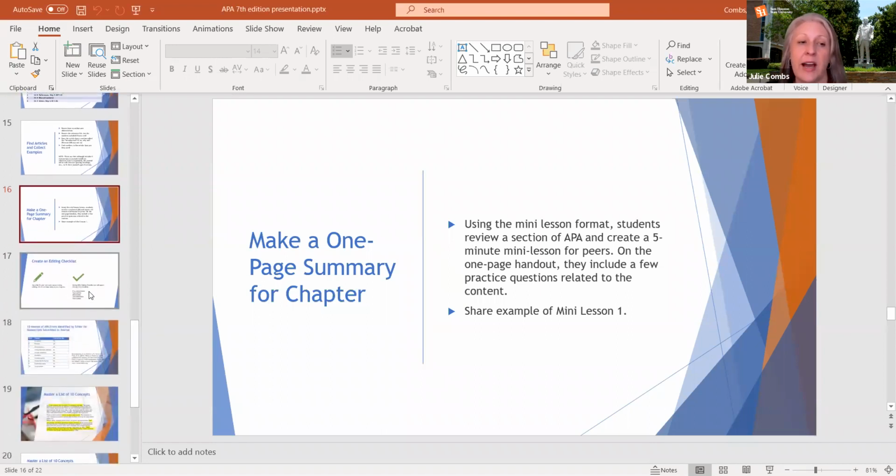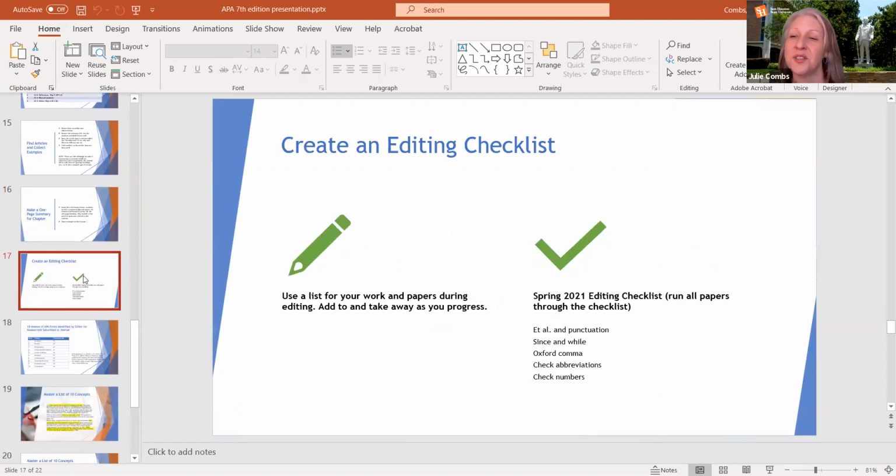Okay, for the next strategy, this is something called a personalized editing checklist. And I got this idea from back when I was a 4th grade teacher and I taught young students how to write. And one of the strategies we learned was, as you're trying to teach students editing and revision, and you're trying to teach them how to improve their work, give them a short checklist of items to look for. And so usually those would be like a format and then maybe a content item.